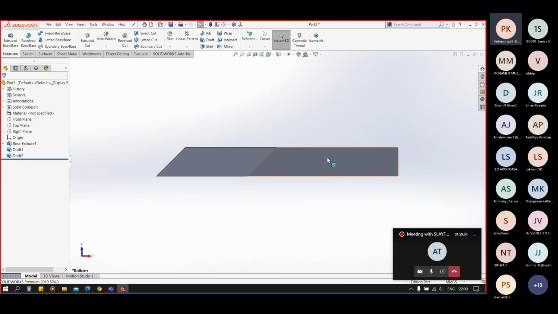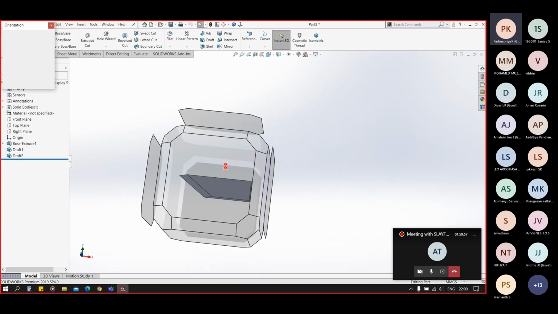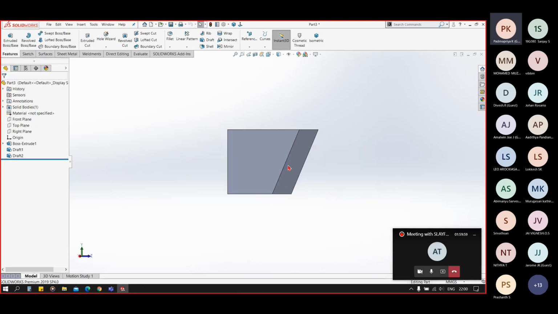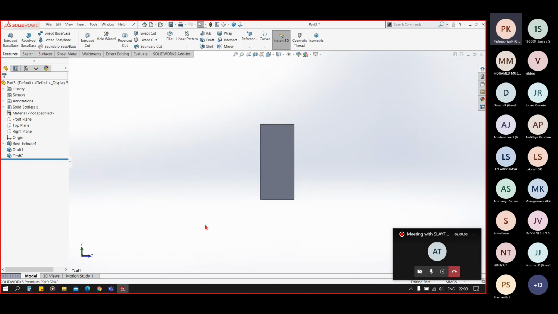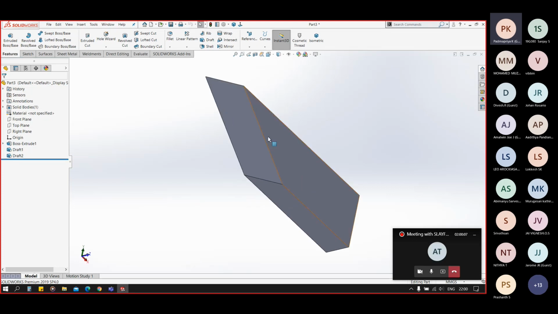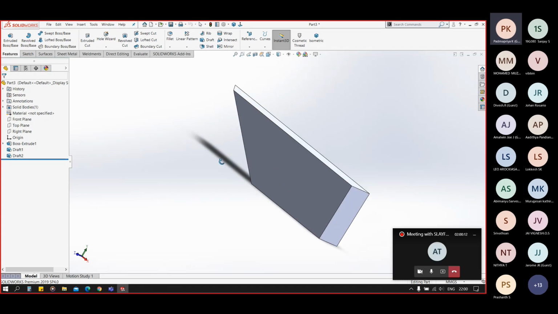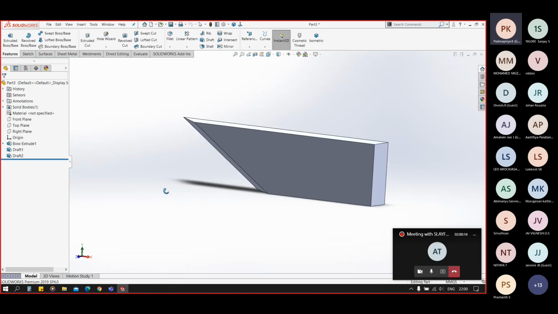You can see we cannot see this face from the top view, the front view, or the side view. We cannot gauge the total length of this edge in any of the views.